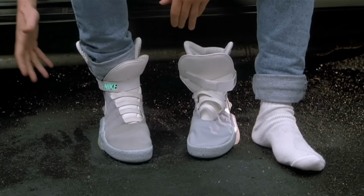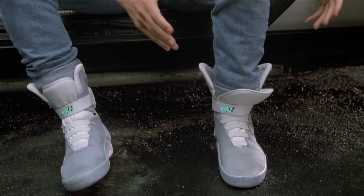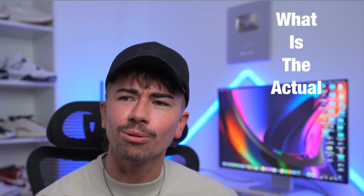33 years ago, the idea of what the future of shoes would look like was self-lacing sneakers. Given that 33 years have passed, surely there's a lot more futuristic stuff on the market. Got me thinking, what is the actual future of sneakers now? So I decided to go out there and buy the most futuristic sneakers I could possibly find, starting with this